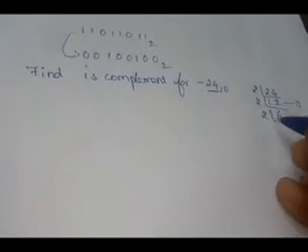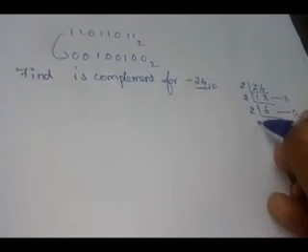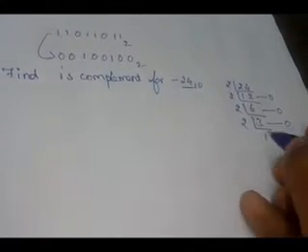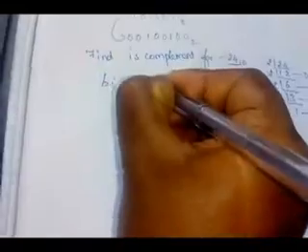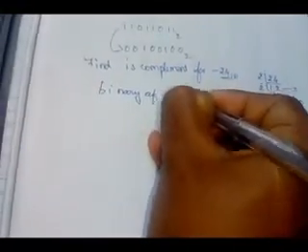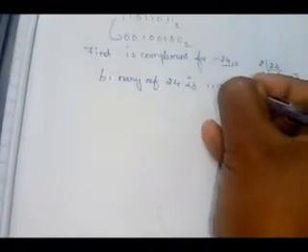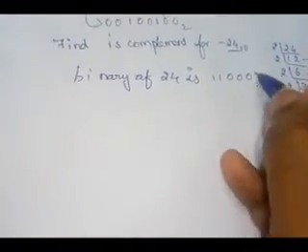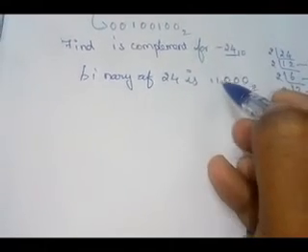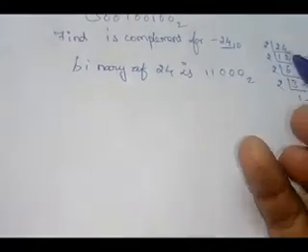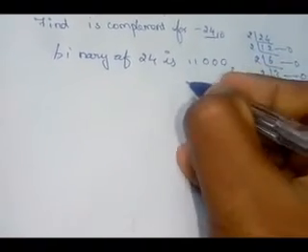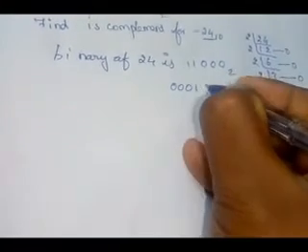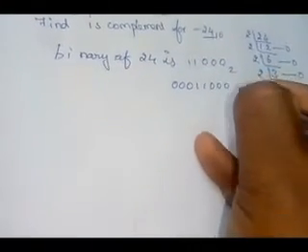Remaining 0. 3 2s are 6, remaining 0. 1 2 is 2, remaining 1. What is the binary of this number? Binary of 24 is 1 1 0 0 0. Here how many bits are there? 1 2 3 4 5. 5 bits are there. We want to change it into 8 bits, so add 3 more bits on the leftmost side. Then 0 0 0 1 1 0 0 0.